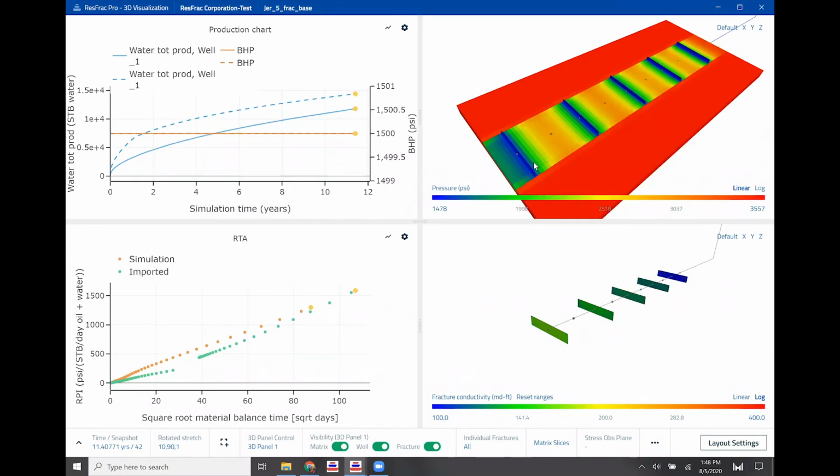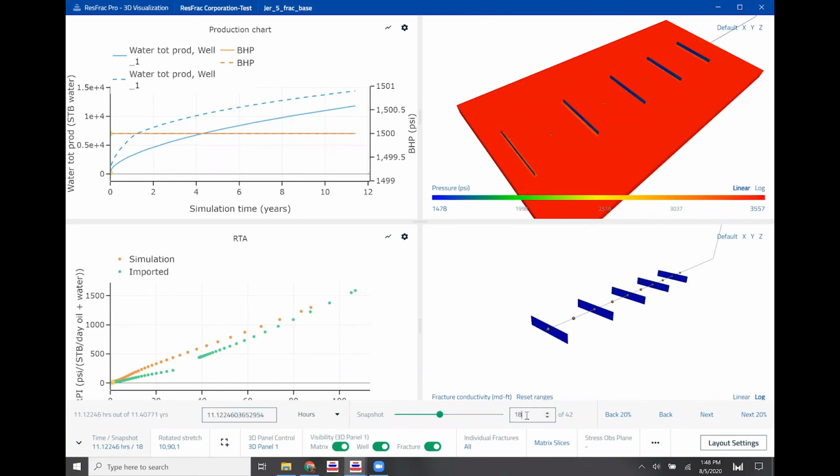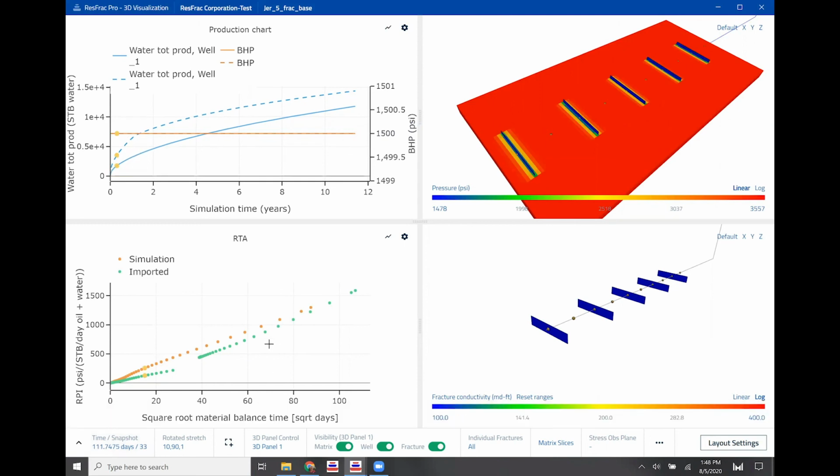Finally, if I want to see how this property changes through time, in the lower left, I can select different snapshots through the duration of the simulation. I can do so either by dragging this green bar and choosing a different snapshot through time, or I can type in the duration in the simulation that I'm looking for, such as 100 hours. I can also change the units if I'm looking in days, and I could look at 100 days, and it will adjust the image to the closest snapshot that it has available. The yellow dot on the line plots corresponds to the time at which the 3D image is representing.